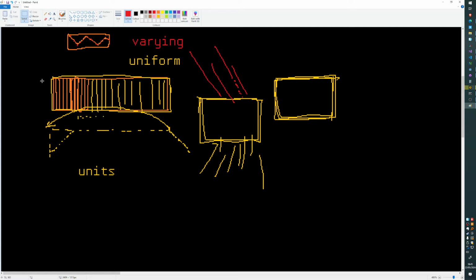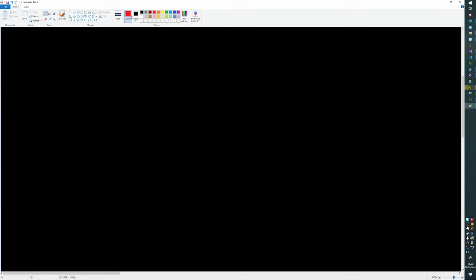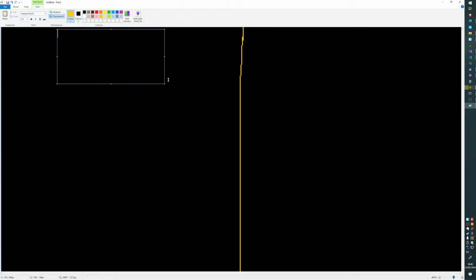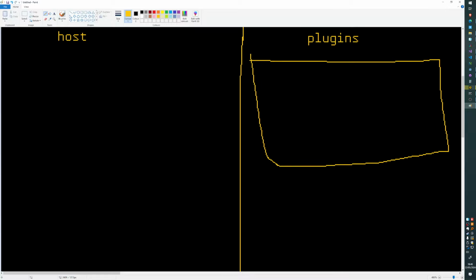So okay, the other thing I want to do with the plugin format is change the way things are architected at the moment. Again, I don't have any regrets about doing it like this. It's a pretty good first attempt, to be honest. But we have the host and we have the plugins. Each plugin has an